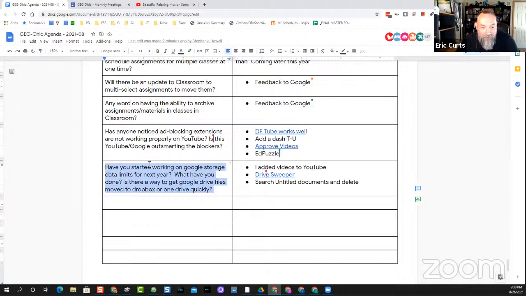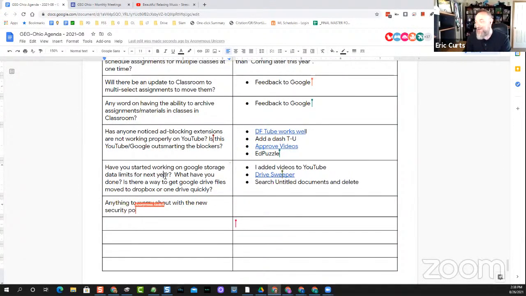So for those that aren't familiar with why this is a question that we're concerned about now, Google did announce earlier this year that they will be implementing drive storage limits. That's not been the case for many years. We've had unlimited drive storage for educational accounts. That is no longer the case. As of, when is it, next year? I can't remember the date now when that's going to switch, but we're going to now have very generous limits. It's not like it's going to be real tight, very, very generous limits on how much data we can store